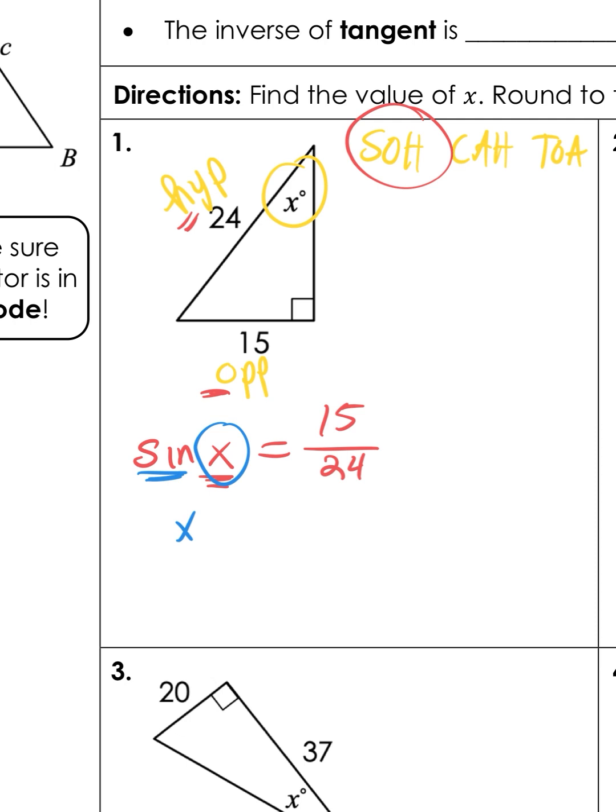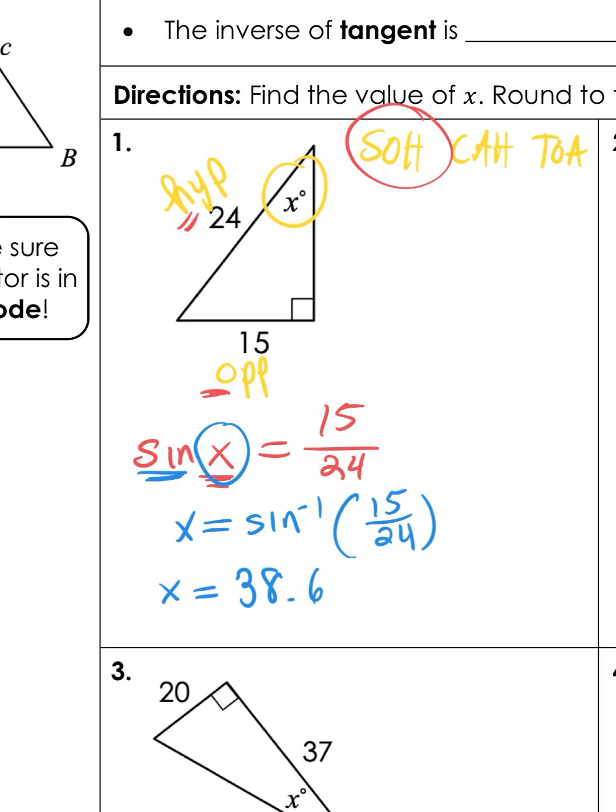So now it's going to say x equals sine to the minus 1 of 15 over 24. So in my calculator, I'm going to press second and then sine and then put in the ratio. And when you do this in your calculator, you should get